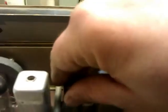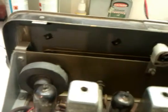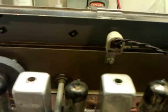And I'll give all these valves a clean as well, because they've all got a layer of dust on top of them. They're all a bit dusty, these valves. But I'm pretty sure all of them are okay, because last time I used this, I did pick a few stations up on it. It was quite a sensitive radio, so I'm pretty sure all the valves are okay. But like I say,